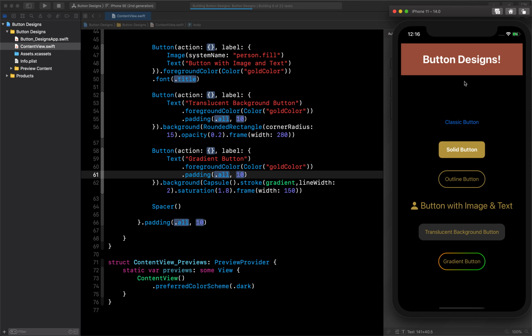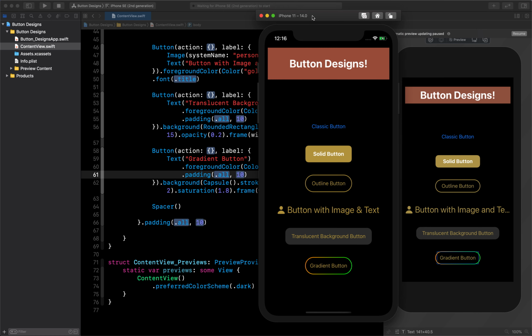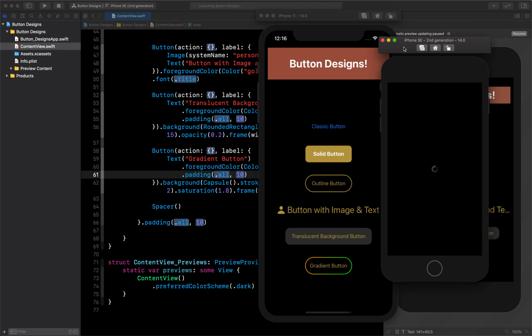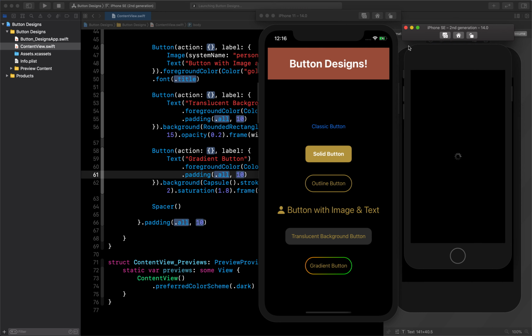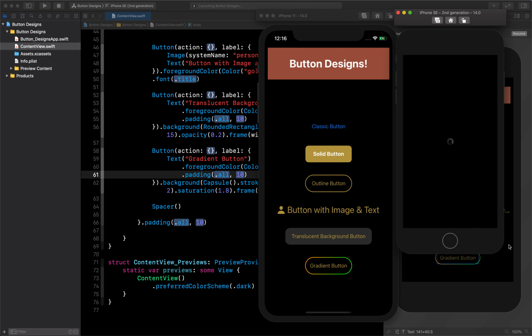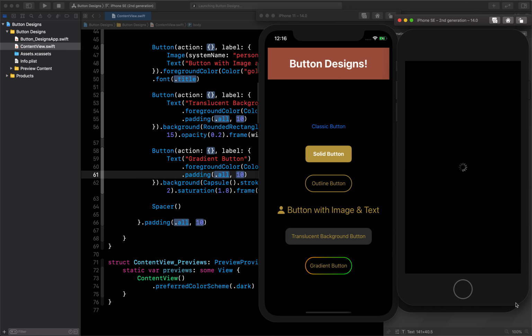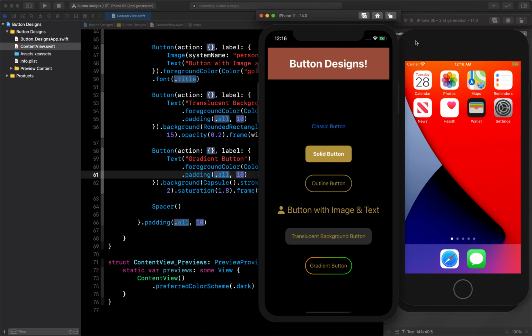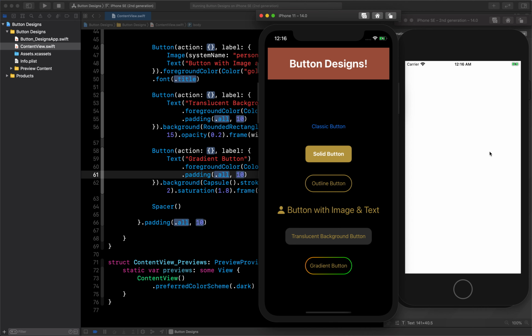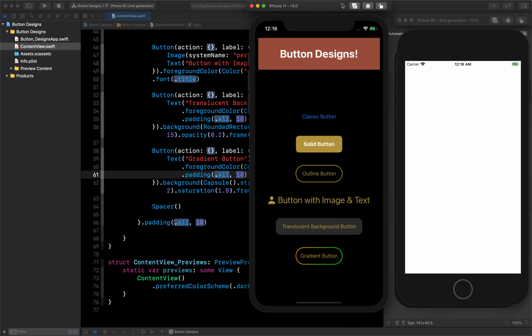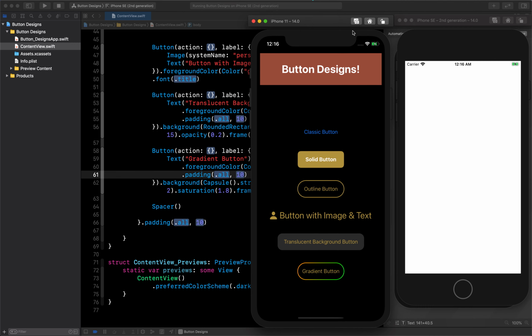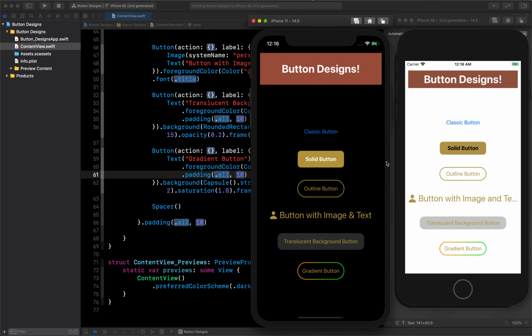So this is the previous app. Let's see the new one which will launch in a while on the new simulator. Okay, so it has launched on iPhone SE. Let's see. Okay guys, so you can see it's almost the same.